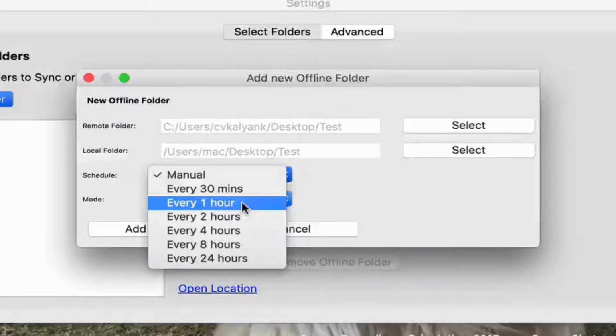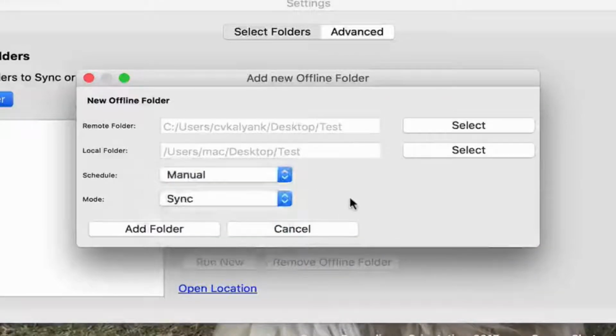But it will try and sync as many folders as it can. But of course, if the number of files is exceeding the 30-minute duration, then it will run for 30 minutes and again check and again. So it will keep on doing it till all the folders have come in, all the files have come in. And once all the files come in, every 30 minutes it will keep rechecking to see if there are any changes. So I'm going to keep it at manual for the time being.